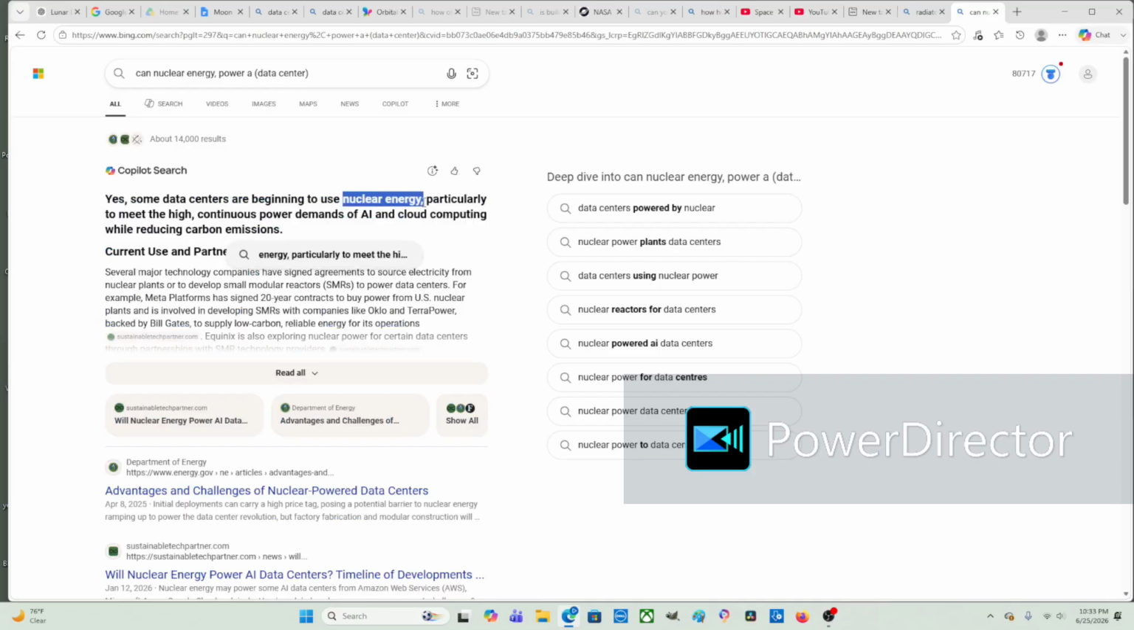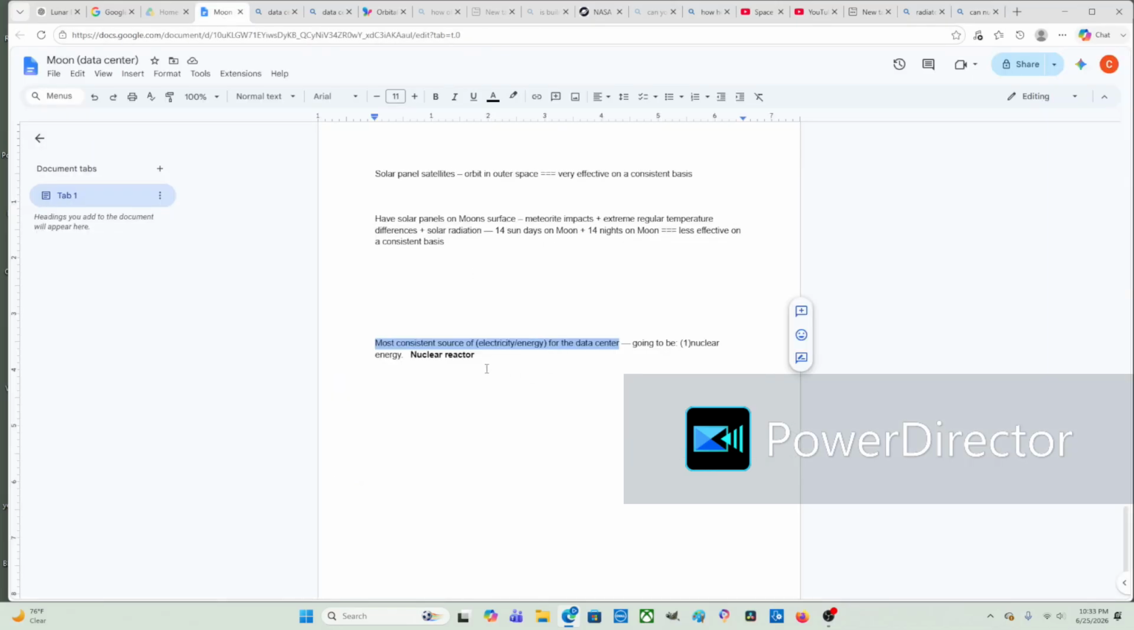But remember, if this thing explodes, huge disaster. If it starts leaking radiation, huge disaster. However, nuclear energy, nuclear reactors to power data centers